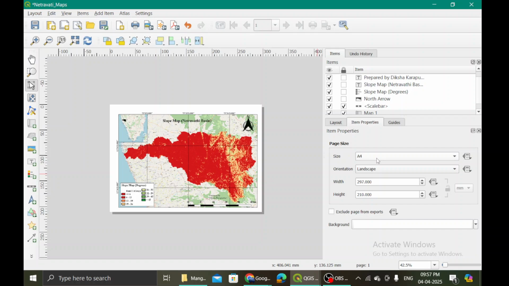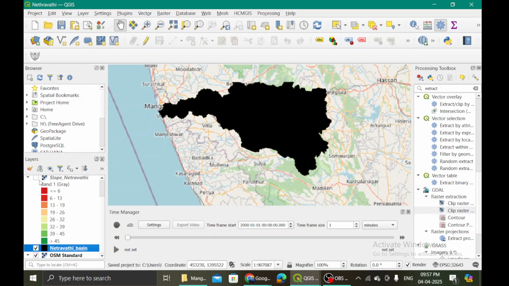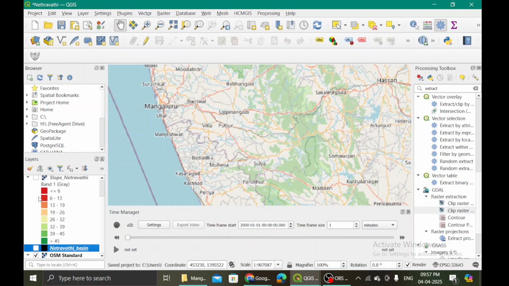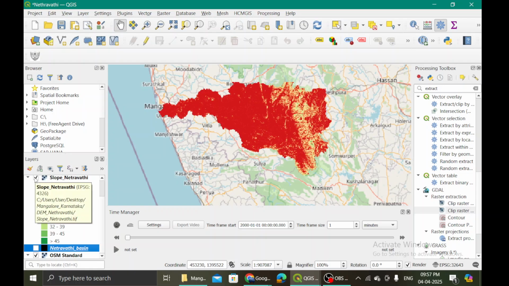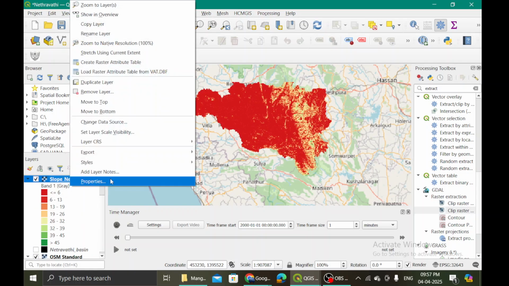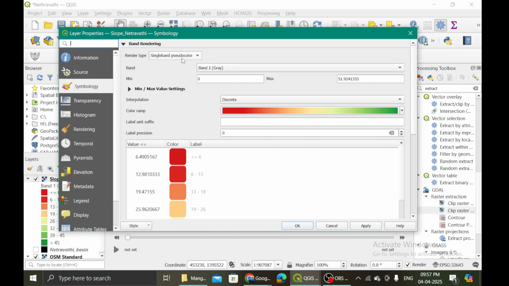How to do the numerical in Legend? Please explain again. Numerical in Legend, and that is if you want to add classes to it, right? So for adding classes, you go to properties, then to symbology.